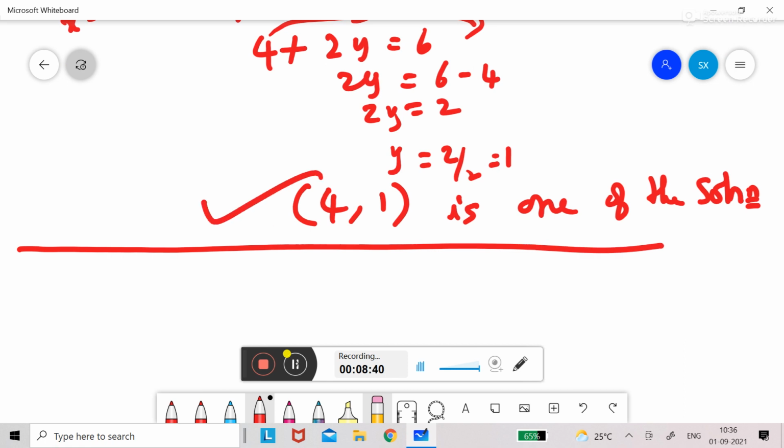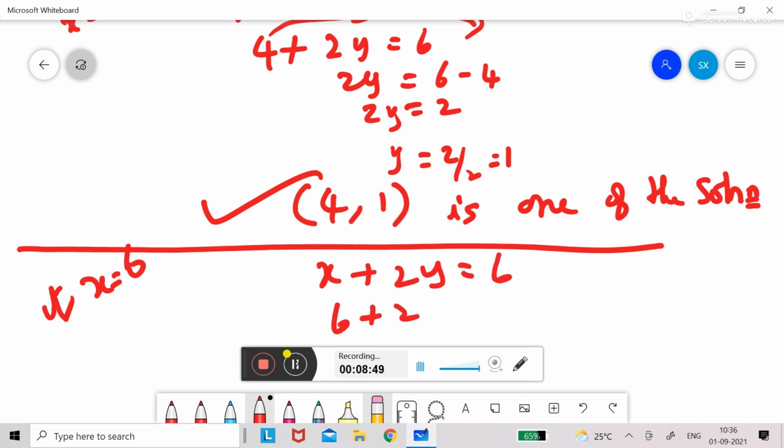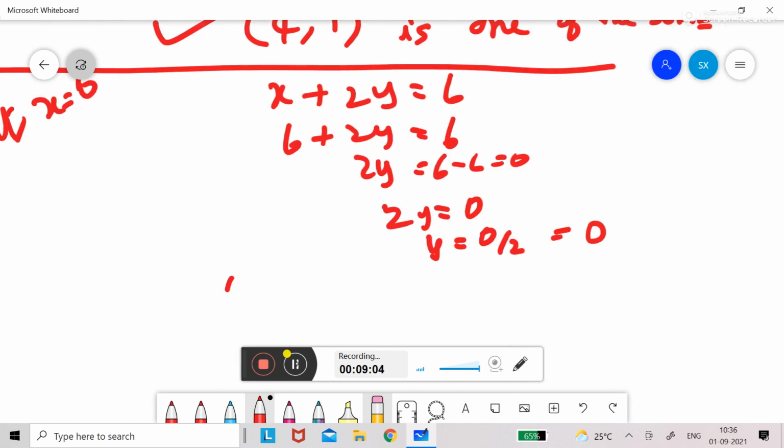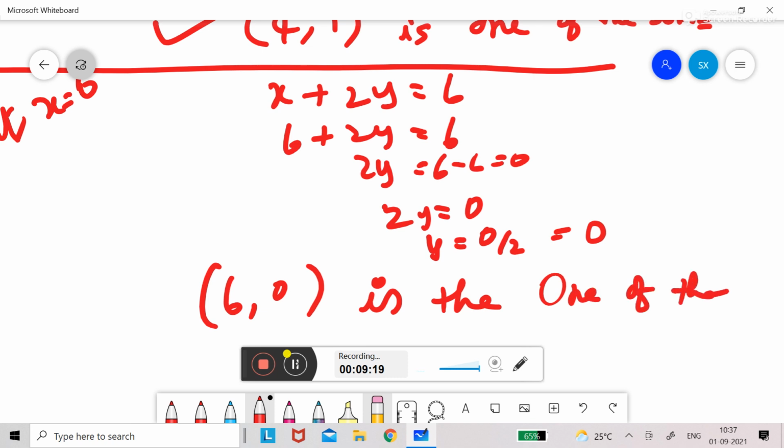Like that, if you do 5 a decimal will come, so 6 you put. x is equal to 6, same equation, x plus 2y is equal to 6. 6 plus 2y is equal to 6. So 2y is equal to 6 minus 6, 0. Okay, 2y is equal to 0, y is equal to 0 by 2. 0 divided by any number is 0. So the solution will be (6, 0). 0 by any number is 0. Remember that. Don't forget. I taught you already, I told you our Ramanujan story and all. So don't forget that. So (6, 0) is another solution. One of the solutions. Okay, so there are four solutions.